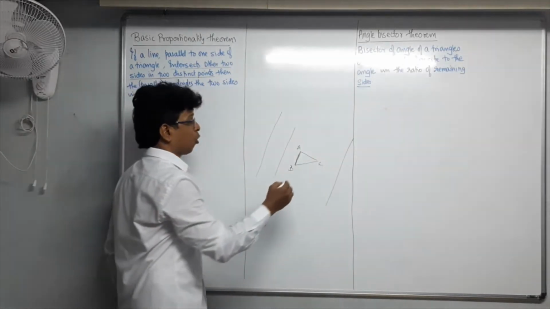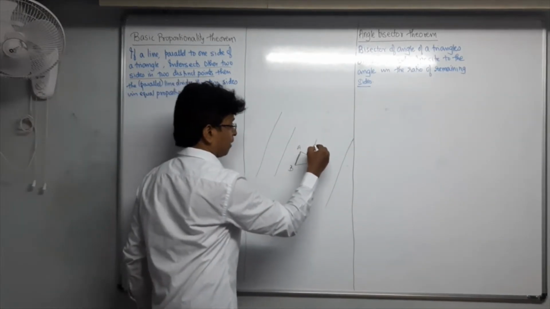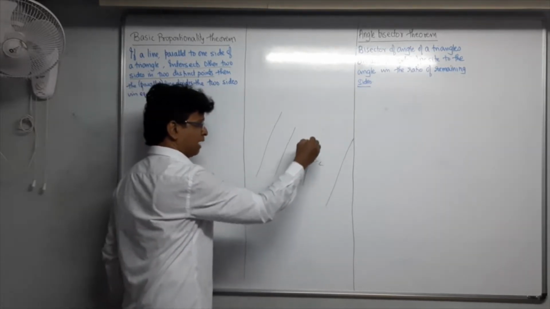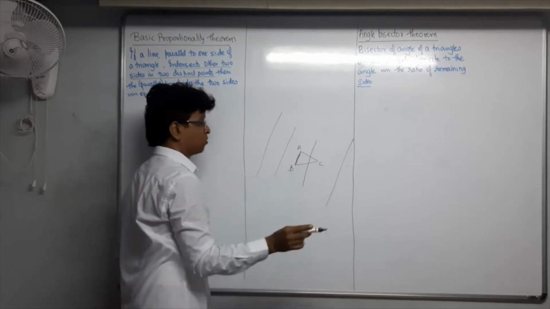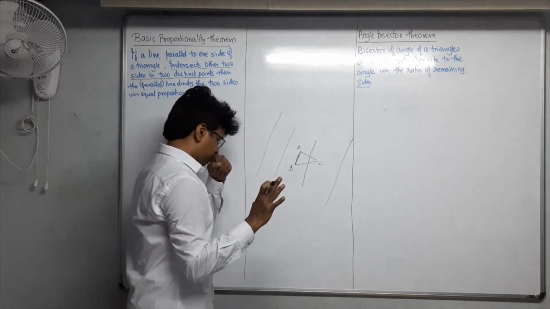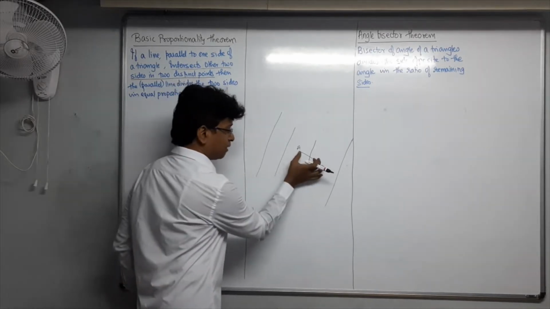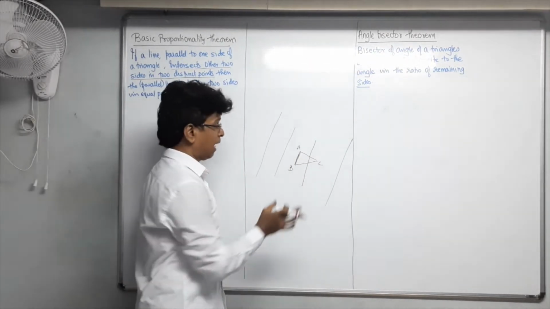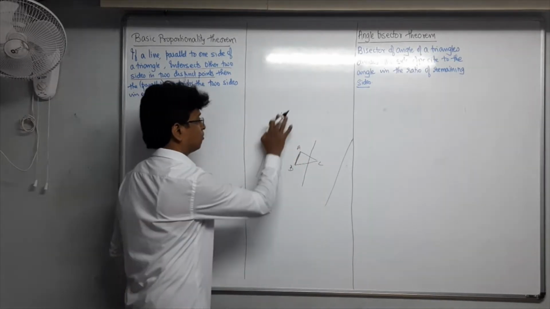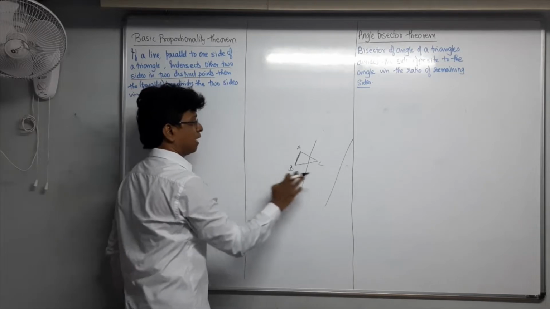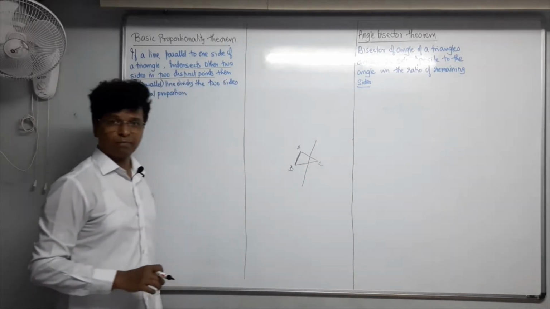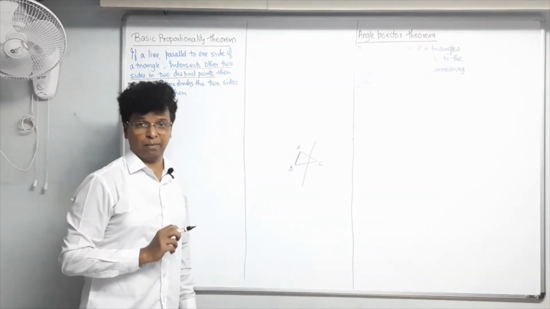So I will have to draw a line which is parallel and will be cutting the other two sides in this fashion only. Of course, in this range I can again draw infinite number of lines, but they have to be in this range only. Then only they are considerable. These all are not to be considered. They are of no use. They are not the parallel lines of the theorem. That is why these words are very important.